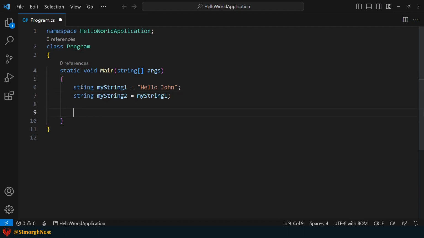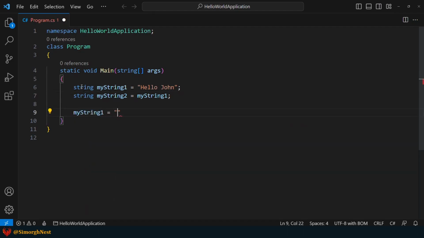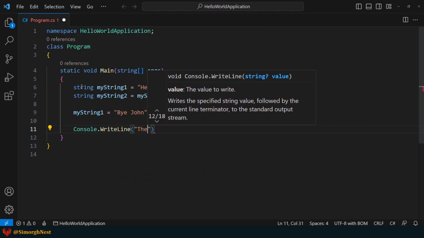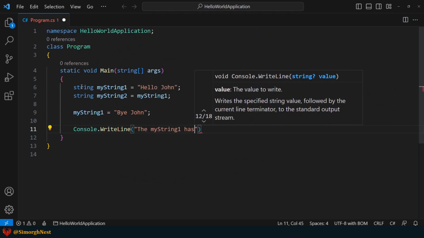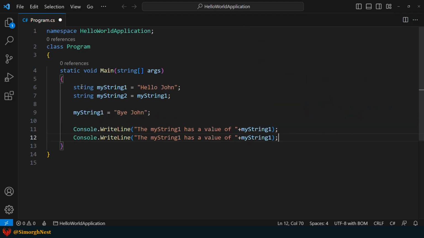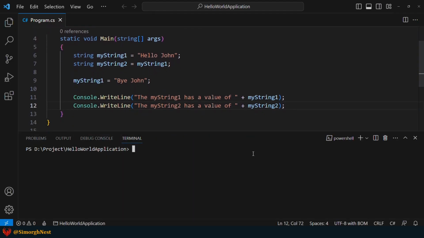For instance, let's say myString1 equals byeJohn. Let's display these two variables in the terminal. Let's run the application and see what happens.